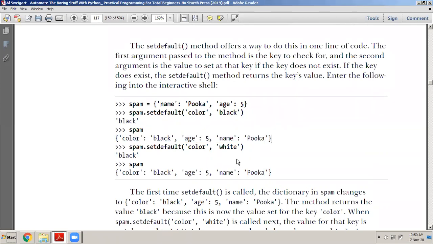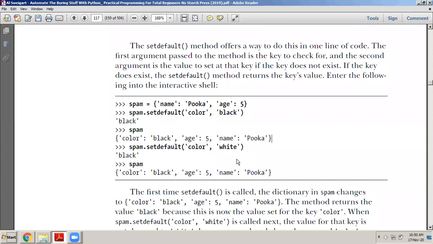So I add a new element to the dictionary using the setdefault method. The setdefault method is used to add an element to the dictionary by passing the key and the value as the parameters to it.